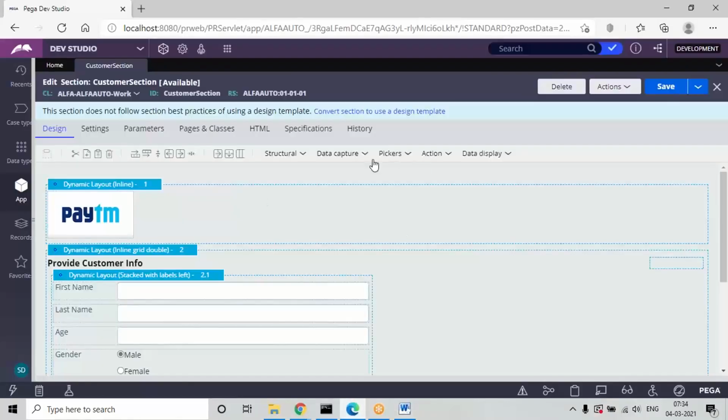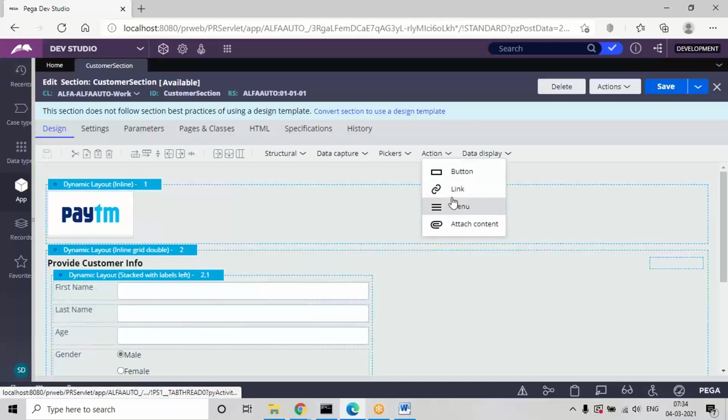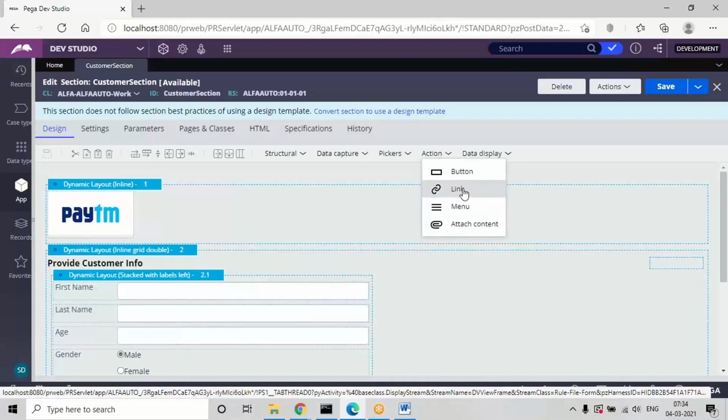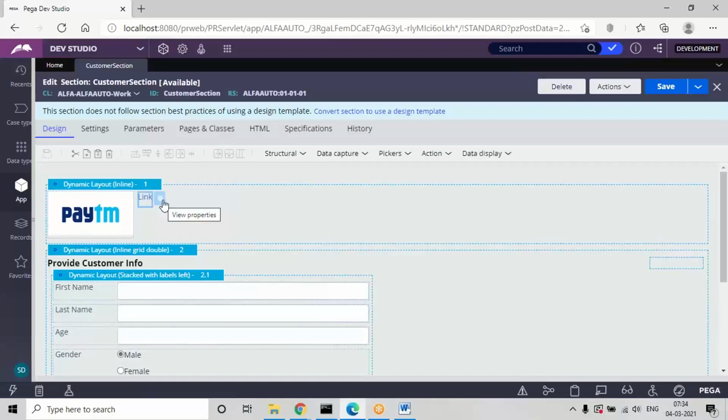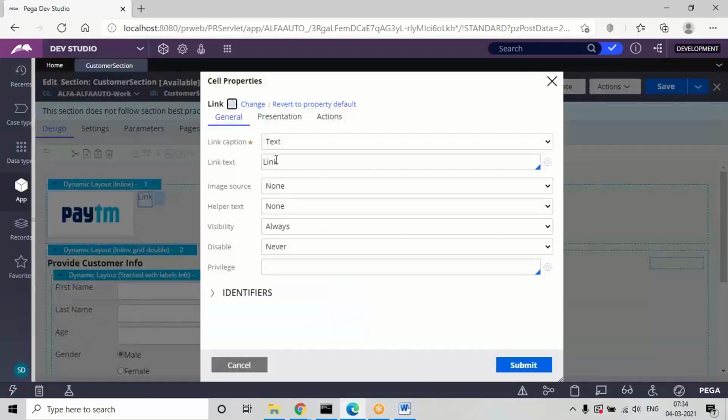So in the same section, from the action drop down, you can add this link control next to the image and give a caption, that is open link settings. I'm going to give a link text or link caption.